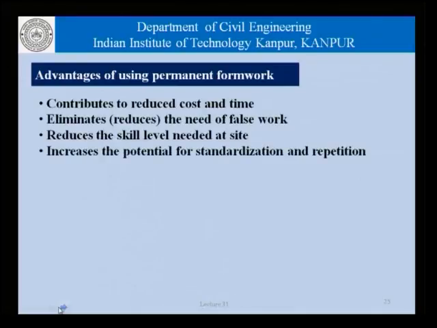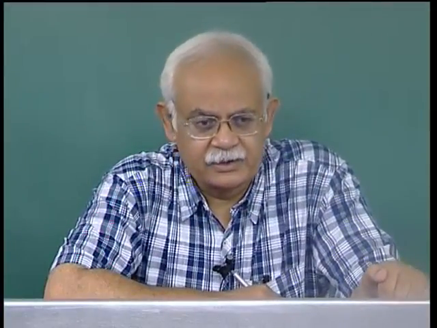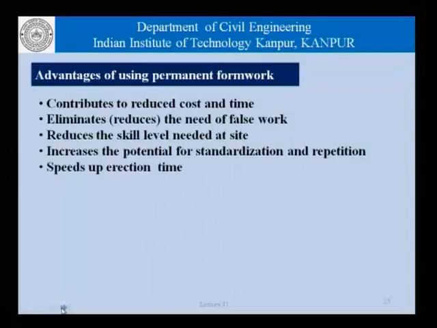Increases the potential for standardization and repetition. Now, this is something which is very important as far as civil engineering construction is concerned, that if we have standardization in sizes, then it becomes a lot easier for all engineers to have certain discipline as far as quality control is concerned. Flexibility in concrete construction is, of course, the principal reason why concrete is a popular material, but if we have some kind of standardization as far as sizes and so on is concerned, it will help in ensuring better quality